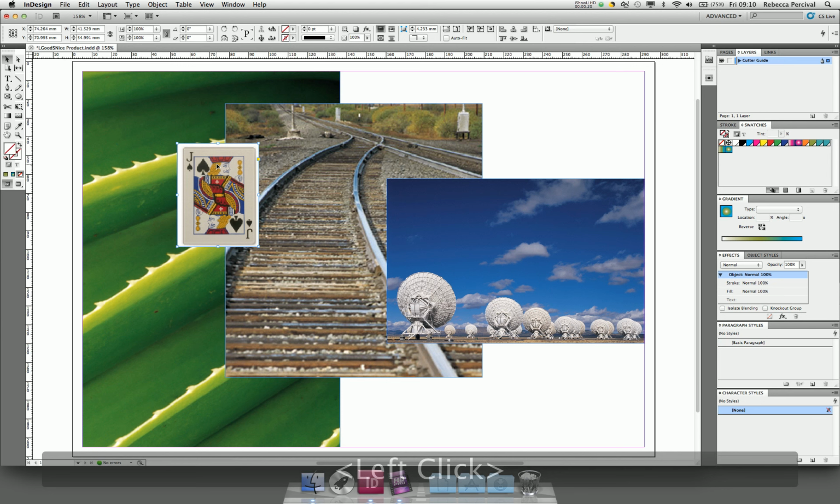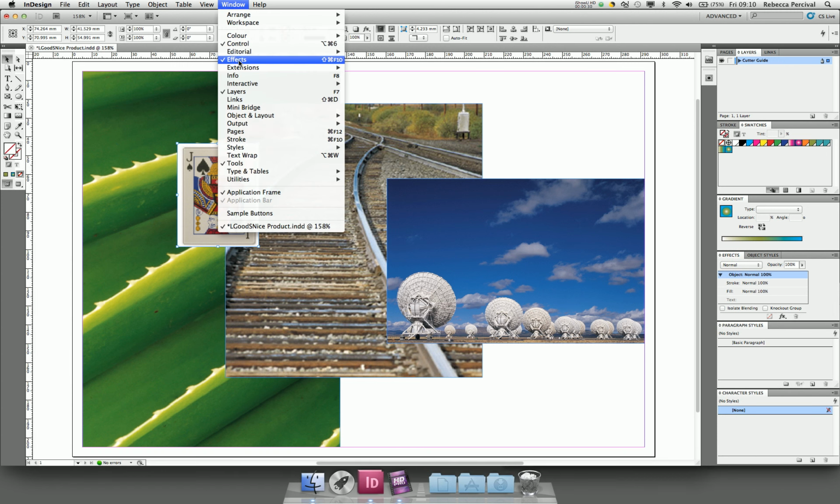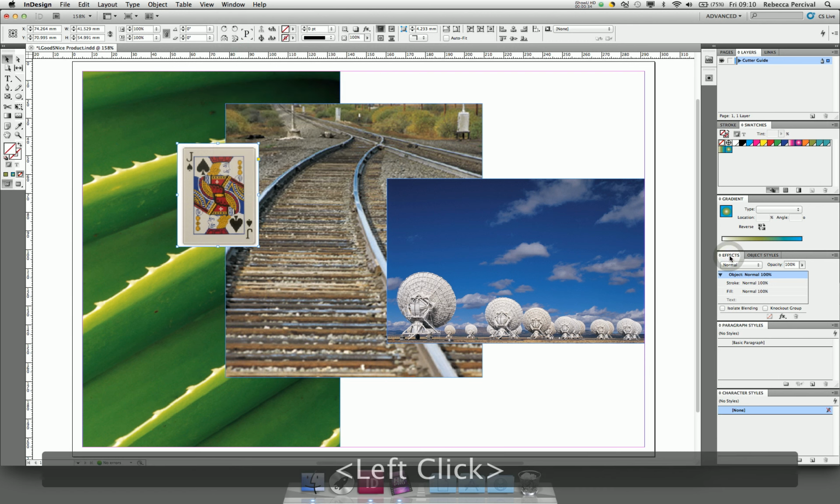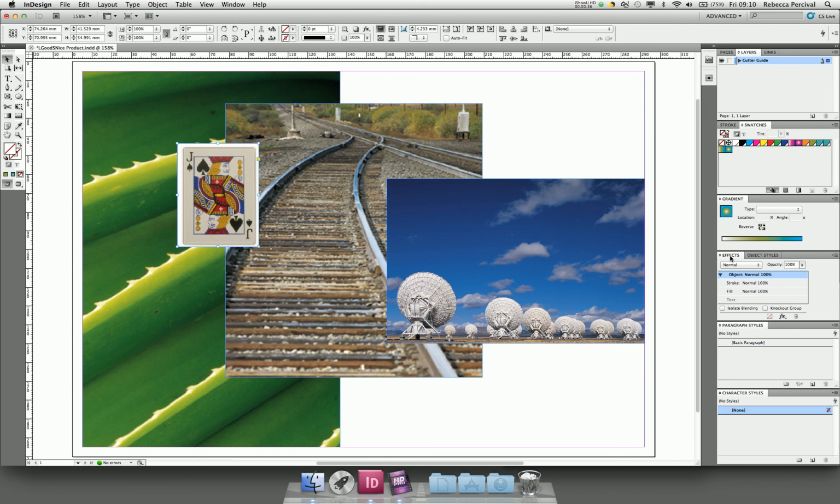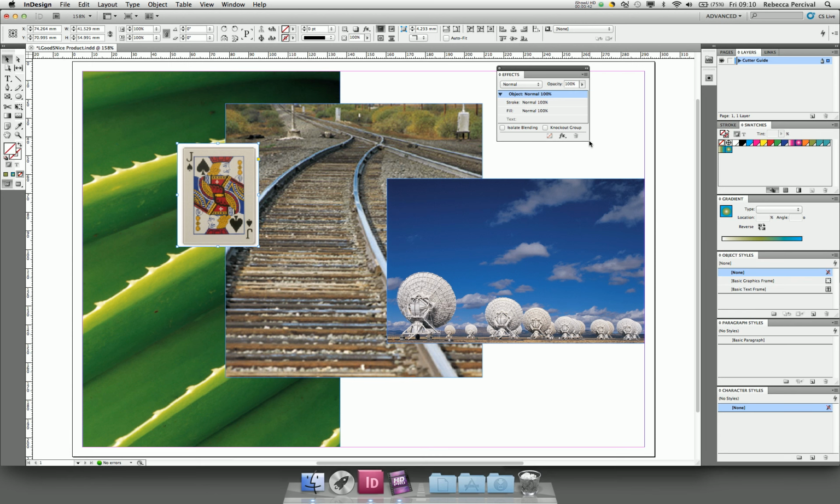You can see here I've got 4 images placed on the page, cropped in their frames, and what you can do with images is you can use the effects panel, and if you can't see that panel, you can go to your window menu and find it in there, effects. Mine's got a tick by it, so it's down here in my panel area. And just to make that a little bit more visible, I'm going to pull it out,